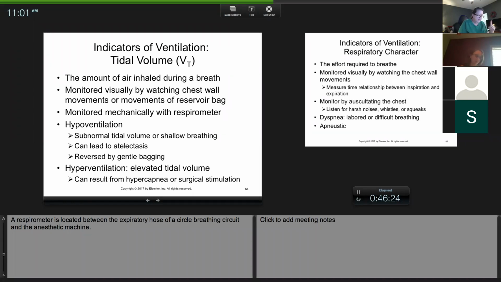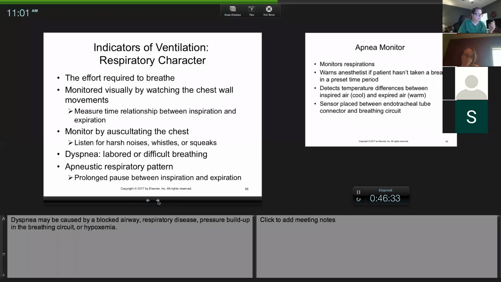So elevated CO2 is hypercapnia. What causes this and how do you treat it? So a high CO2 is basically,